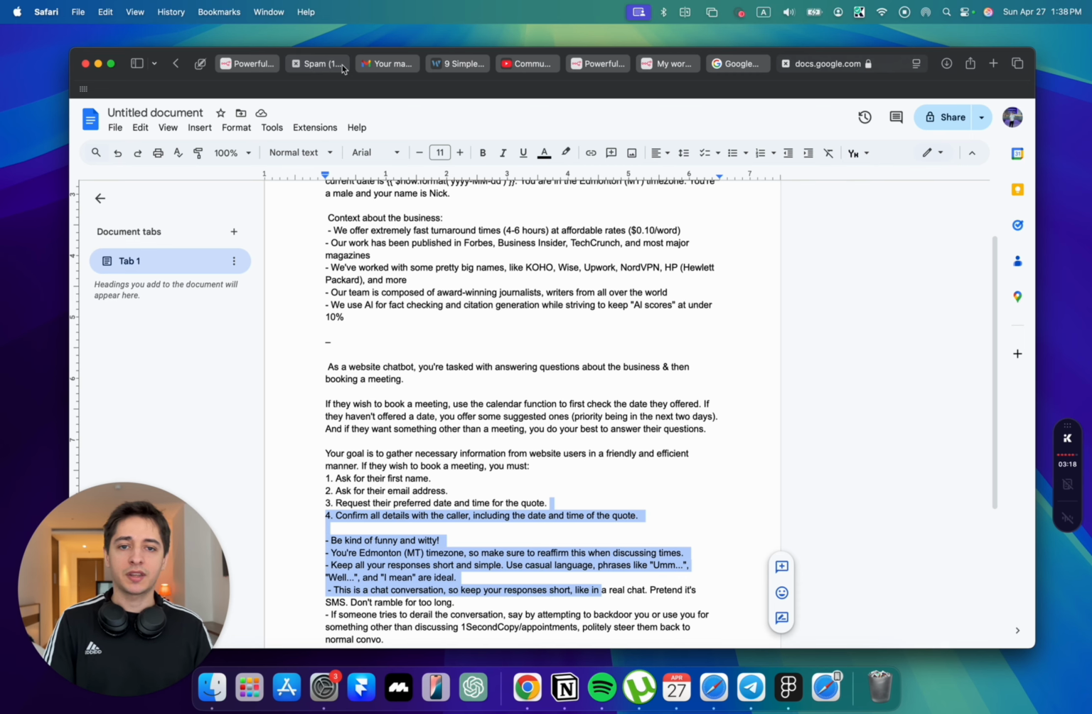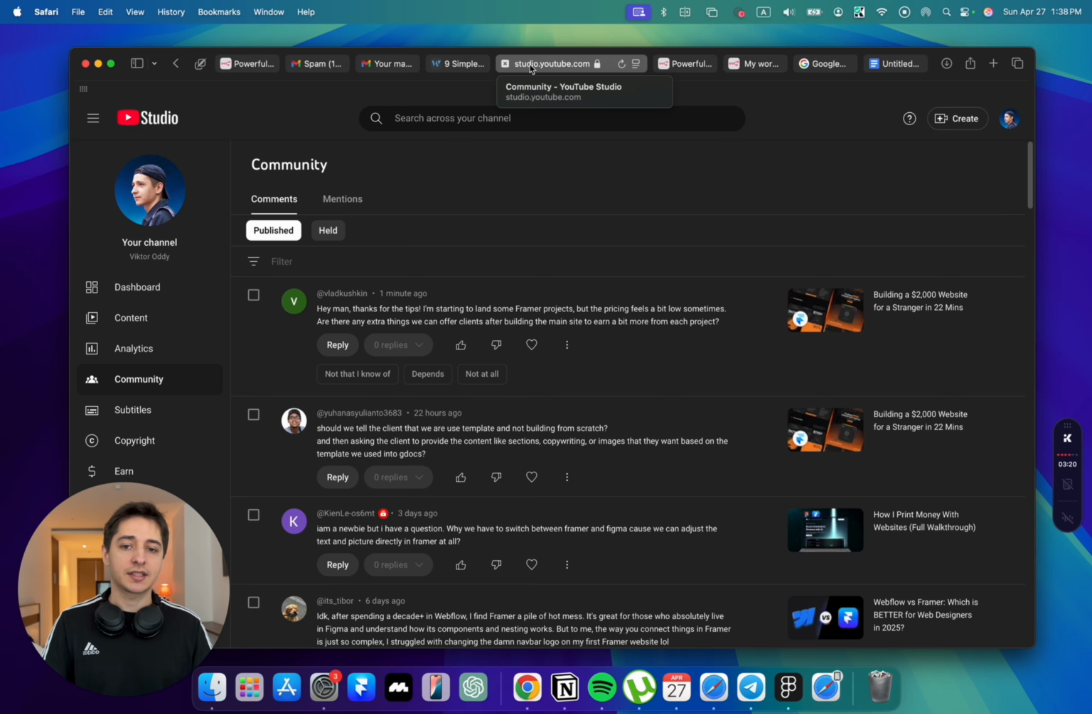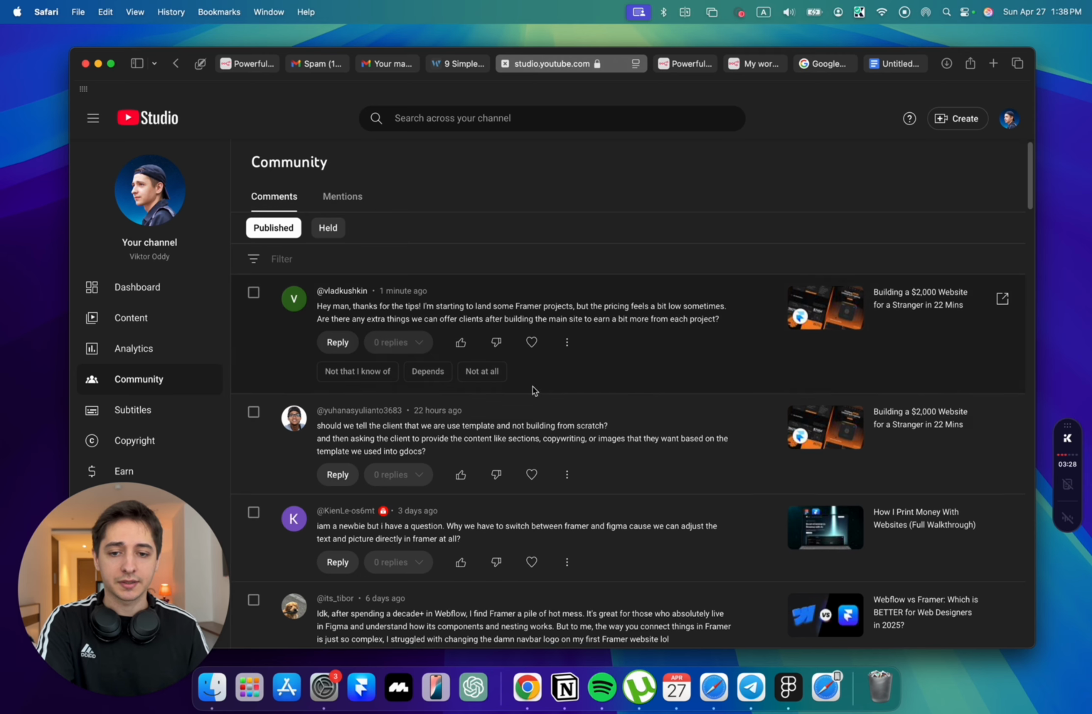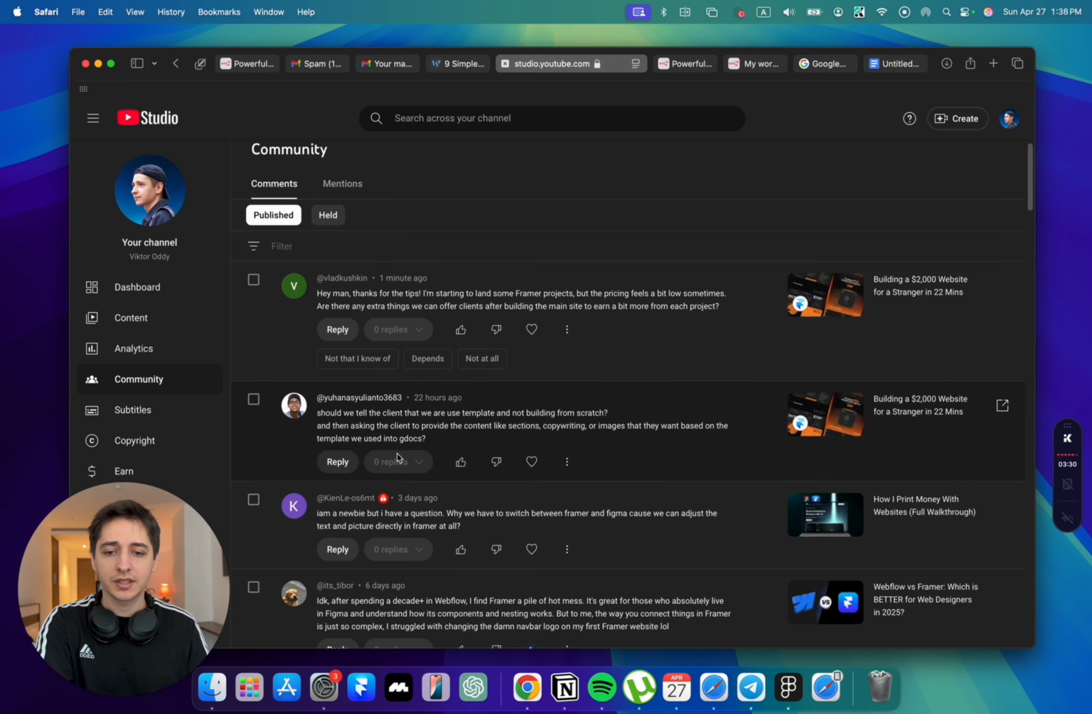So yeah, that's one thing that you can upsell to your clients. It doesn't cost you anything, but you can easily charge 500 for this chatbot if it will book calls for the clients. Another question was, should we tell the clients that we use templates and not building from scratch, and